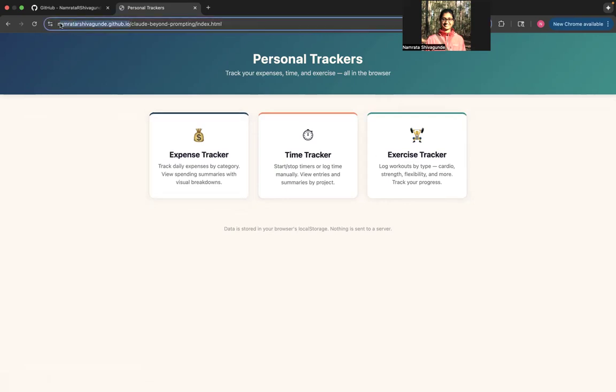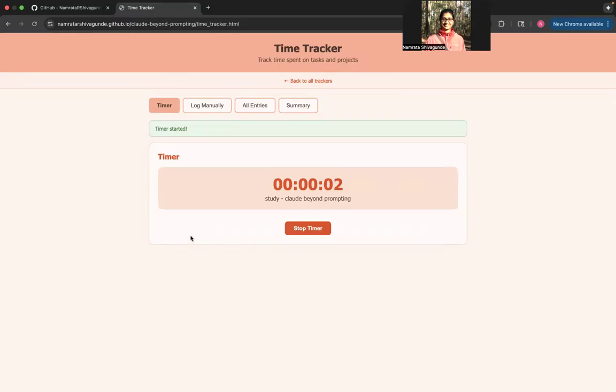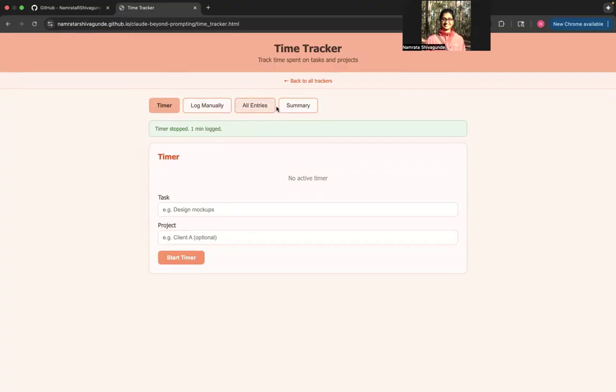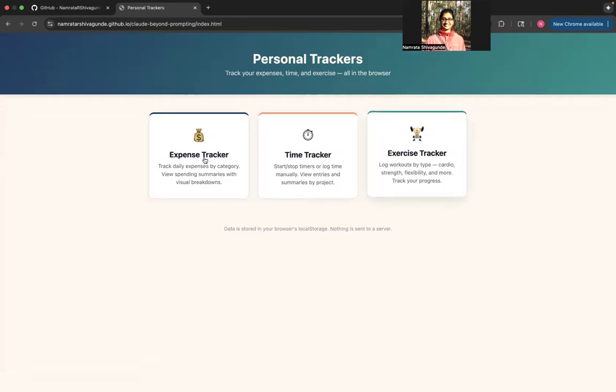If you see this github.io and the Claude my repo and then the index file, I can start a time tracker, start time, maybe study, project, Claude, beyond prompting. Okay, so I can start a timer. So I'm studying, and then you can stop the timer. You can see all entries, summary, how much you studied, which is actually very cool. You can track